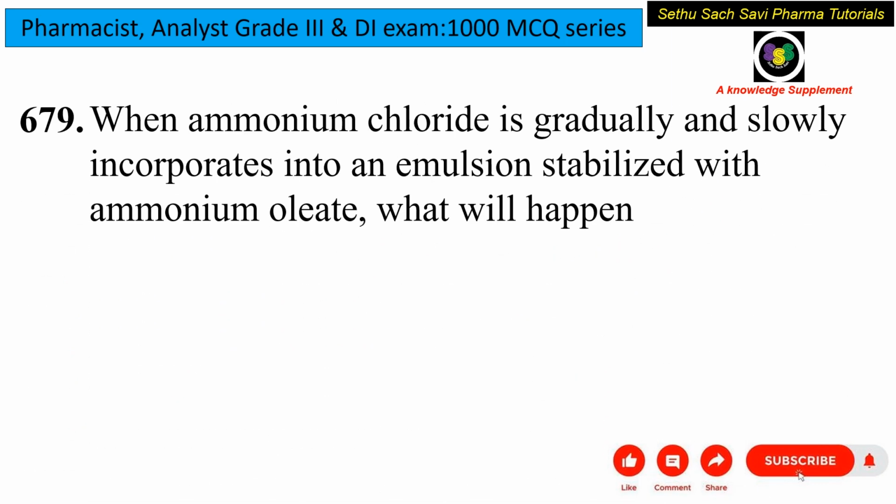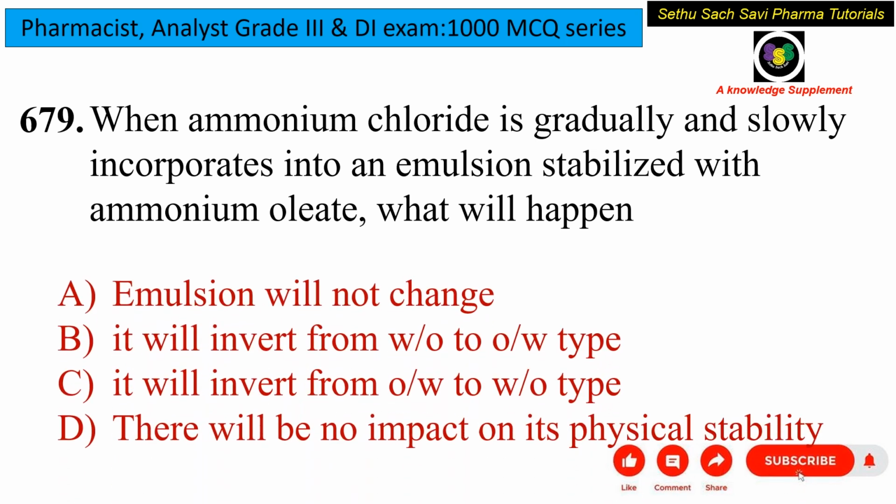Coming to the next question. When ammonium chloride is gradually and slowly incorporated into an emulsion stabilized with ammonium oleate, what will happen? Now, the emulsion will not change, or it will invert from water in oil to oil in water type, or it will invert from oil in water to water in oil type, or there will be no impact on the physical stability of that emulsion. Yes, here we are adding ammonium chloride gradually into an emulsion which was stabilized by ammonium